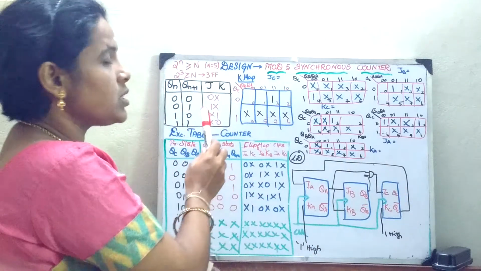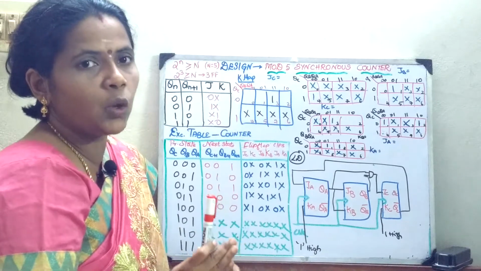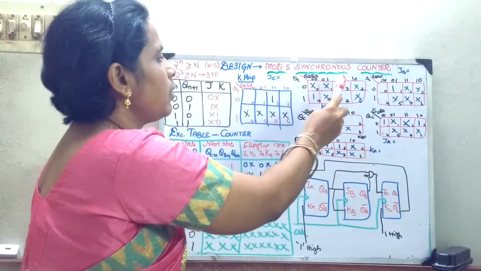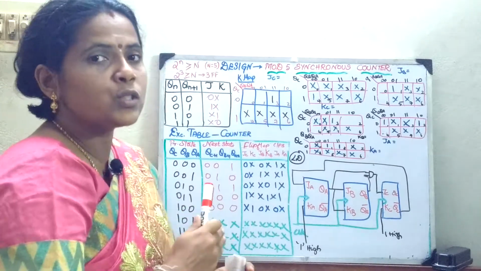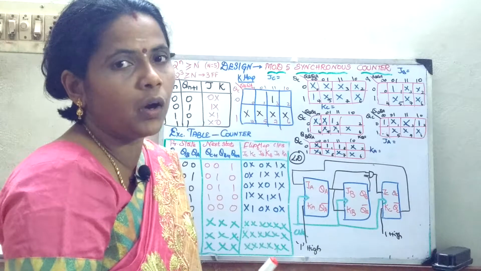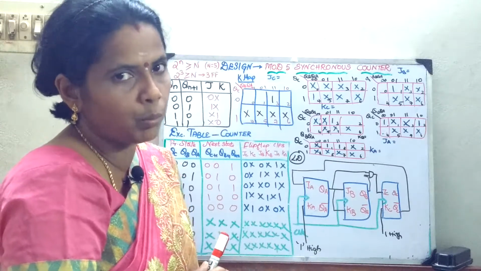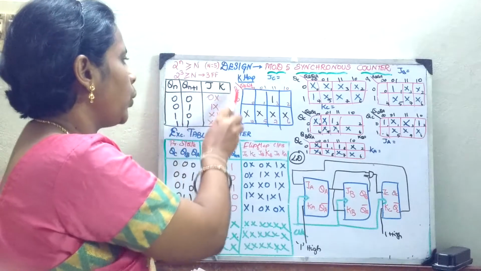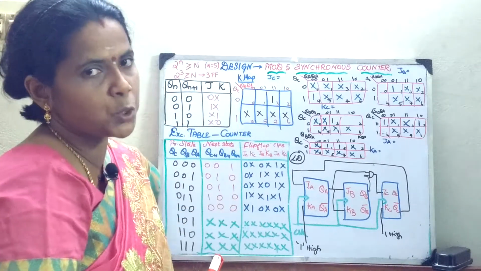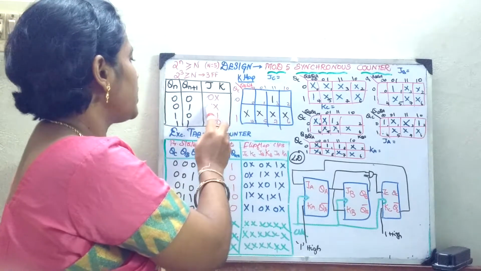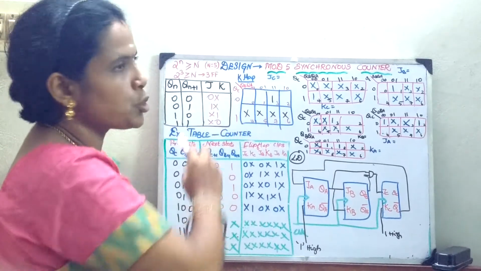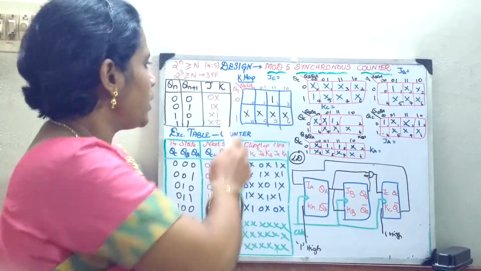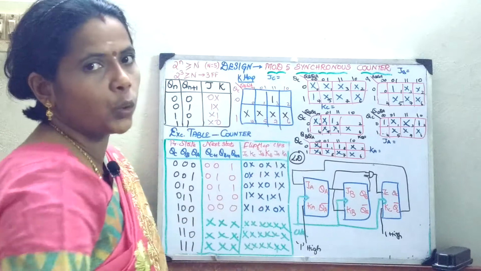Based on this, for designing, the only criterion you should know is the excitation table, because I am going to design the mod 5 synchronous counter using JK flip-flops. Whatever flip-flop is given in the question, accordingly you should know its excitation table. The excitation table is nothing but, given the present state and the next state, computing the inputs. So, it is 0 0 means 0x, 0 1 means 1x, 1 0 means x1, 1 1 means x0. This combination you should remember for the respective present state and next state. Once this data is known, all other things you can do.